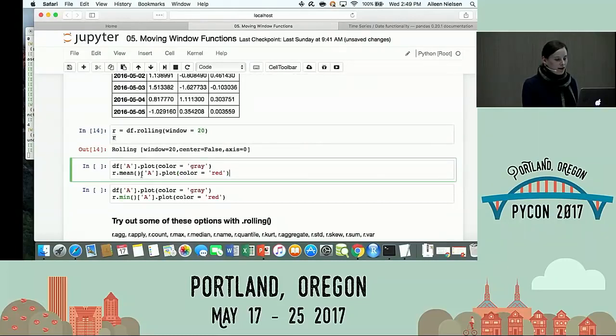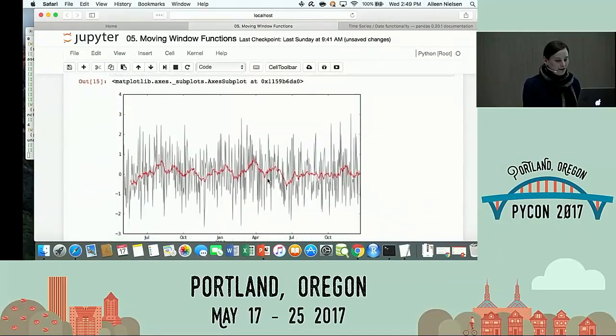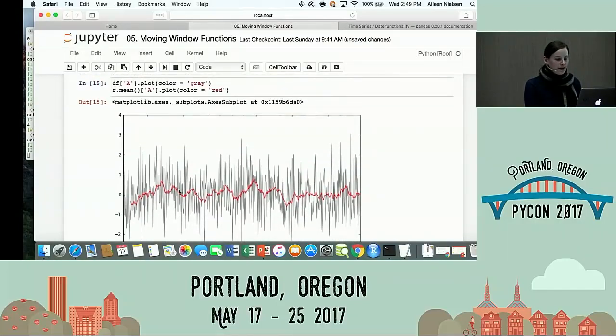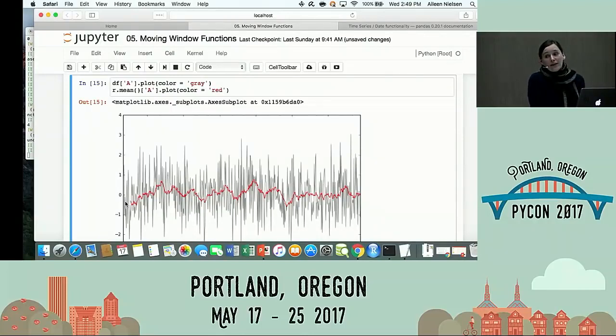So I can take my R and maybe look at the mean. And here we go, right? There's my nice moving average. You'll notice I've got some points here on the left where I don't have anything. Why is that? I don't have my 20 observations, right? If I say a window of 20, it doesn't mean at most 20. It means exactly 20. So until I get to 20, I don't have any. That's something to keep in mind. For example, if you have a really short time series, you might want a really large window, but you might not be able to afford it, because then you might end up only having a trend line for some very small subset of your data.